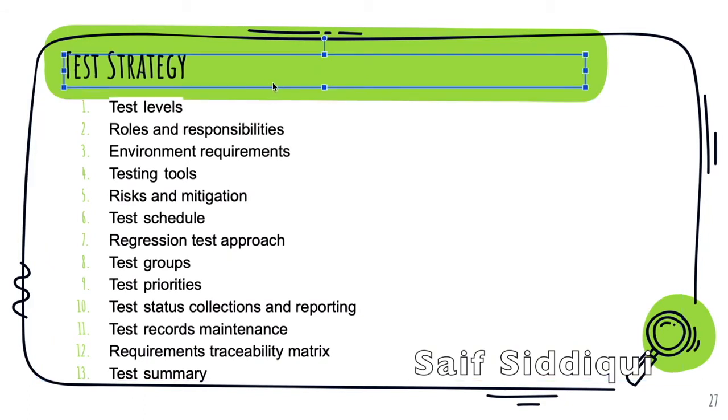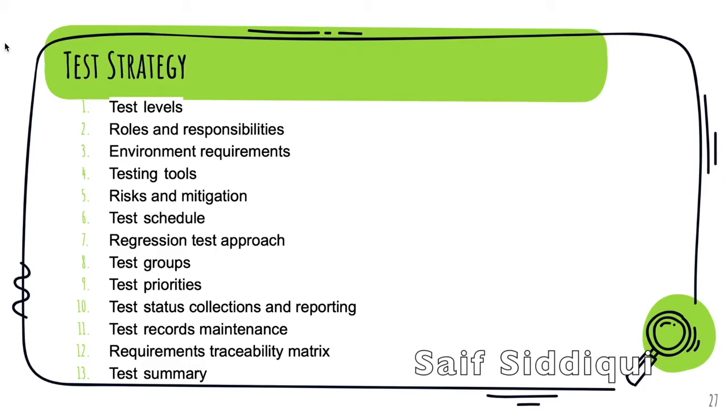So basically before discussing the picture, let's see what kind of documents we need in test strategy. In test strategy we define different things like test levels, roles and responsibilities, environment requirements, testing tools, which type of tools we are going to use for testing, automation tool, a non-functional testing tool like JMeter or maybe any other tool, any security tool, risk and mitigation. Once we have defined the test strategy, are there any risks which will stop us from testing further, maybe any dependency from the backend team, so we will not be able to test. So we need to define those risks and mitigation.